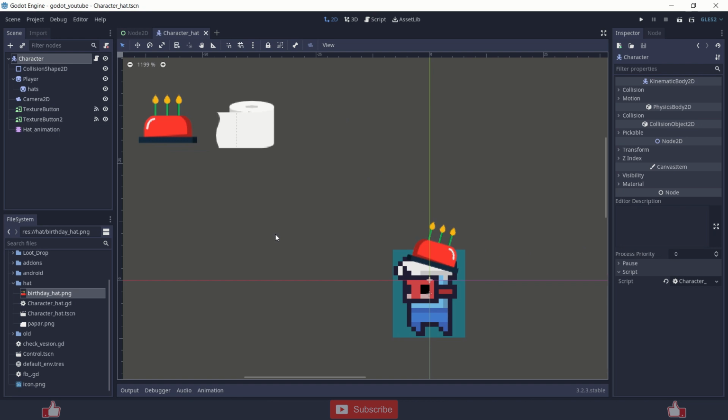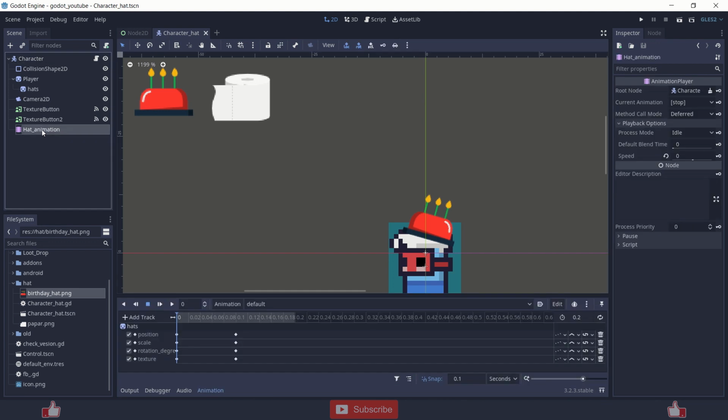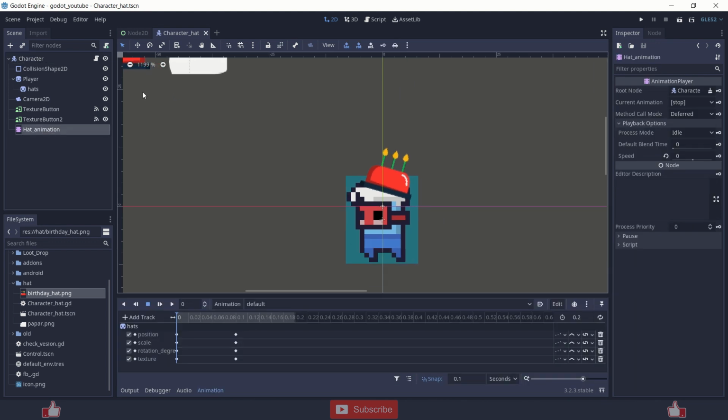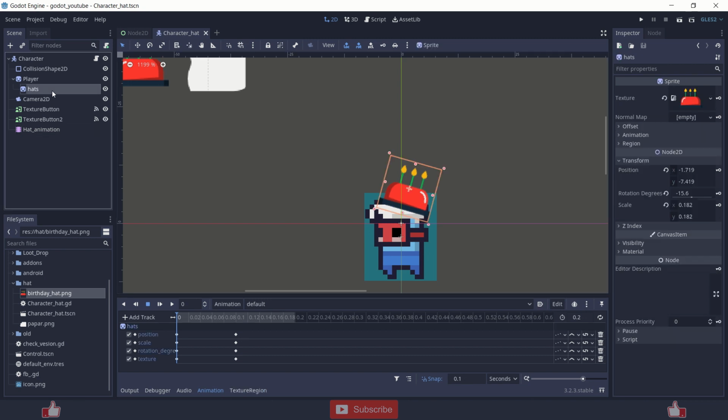You can use an item list if you have a large number of sprites that you want to change, or customizable parts that you want to change, and I am using an animation player. If you specifically created that customizable part for that character, you can just directly swap those things, and basically if it doesn't have any animation you can just directly use the texture.